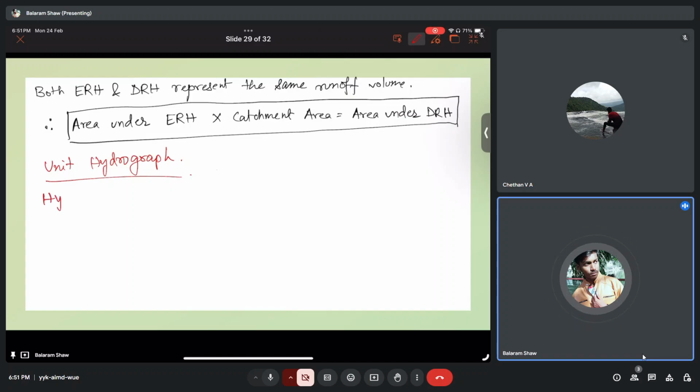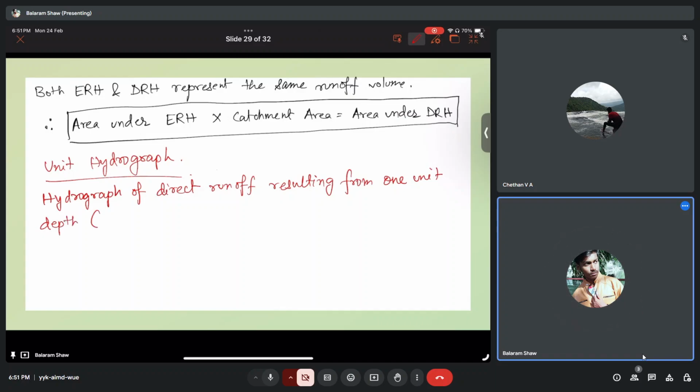So unit hydrograph is the hydrograph of direct runoff resulting from one unit depth. So this one unit depth can be any unit, but it should be one. So it can be 1 centimeter or 1 millimeter or 1 inch, anything, but it should be one unit. Okay, of